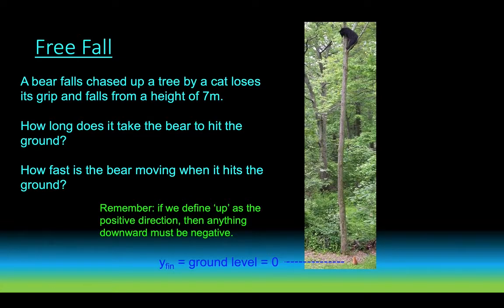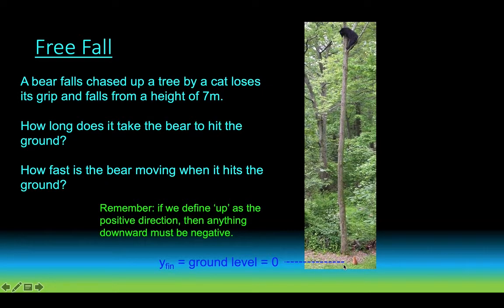designation, that would mean if the cat is 7 meters below the bear, the bear is at a height of 0 and the cat is at a height of -7. As I said, there is no reason why I must choose ground level to be a height of 0. I am allowed to choose the bear to begin at a height of 0, but personally, I don't want to do that. I am most comfortable saying ground level is 0, so that's going to be ground level at